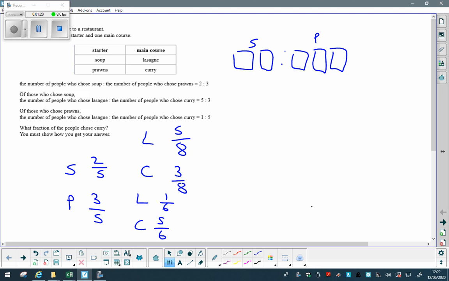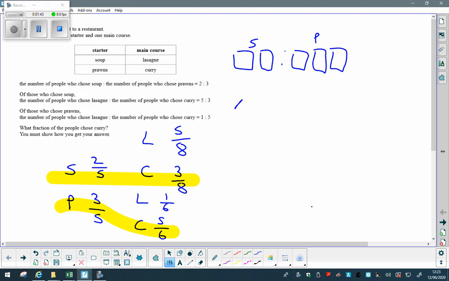So my question is, what fraction of the people chose curry? Well, if I just pick up the highlighter, which is here, we're looking for the ones that chose curry. So we're into this line or this line. This is very similar to a probability tree diagram question,